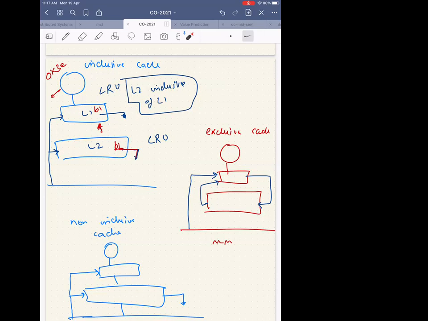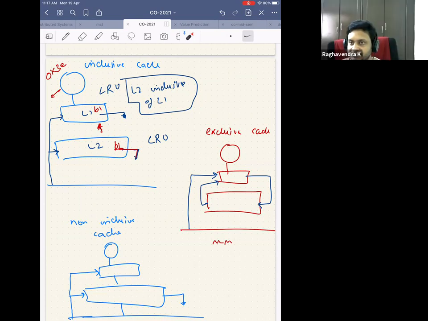So if one data is corrupted, we can recover from it. No, right? If the data is corrupt, the CPU doesn't have any data recovery, it just fails. Let's assume that there is a hardware failure and this B1 is corrupted. There is no way that the system will go further and check in L2, because there is no error correction built into the cache.